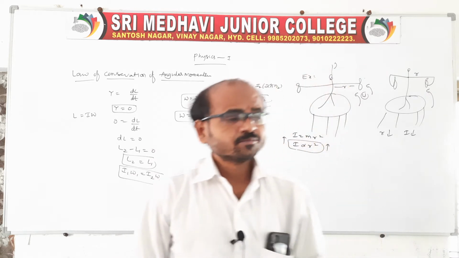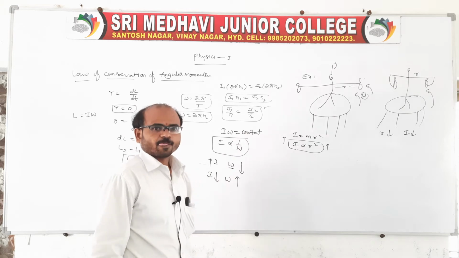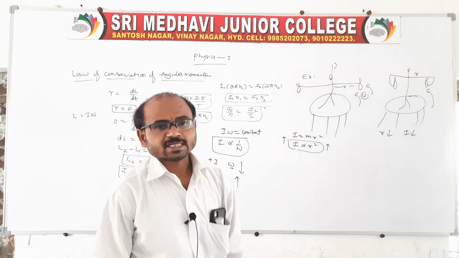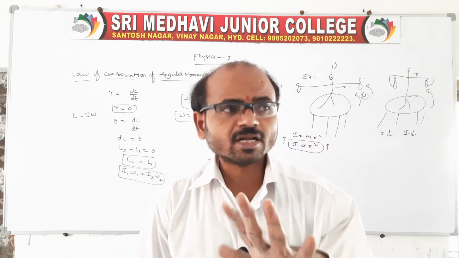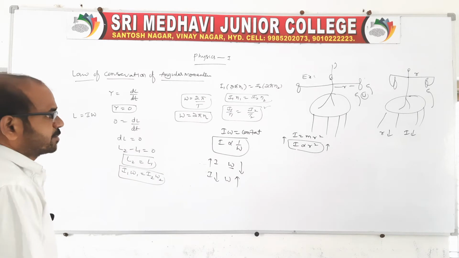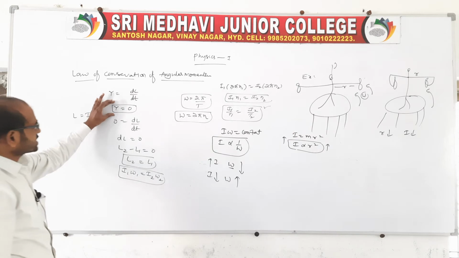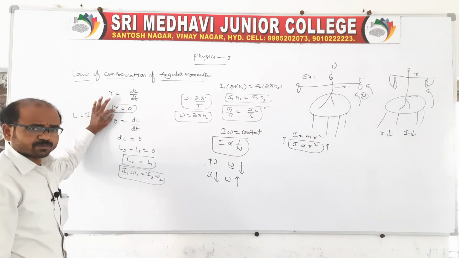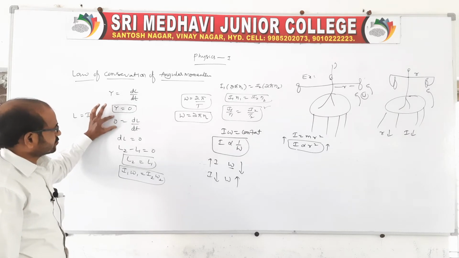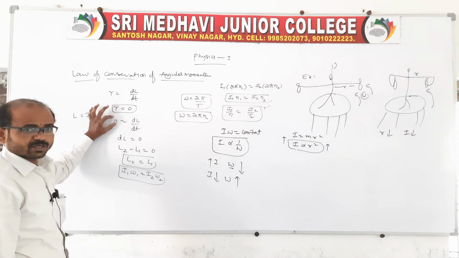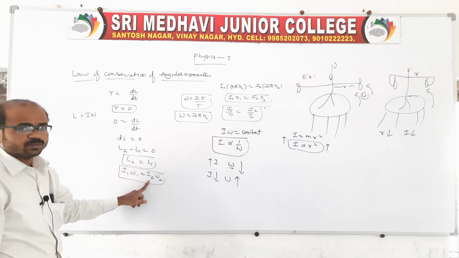Not only this, diving, jumping, dancing, skating, all are related. In all cases, the angular momentum is conserved. Conservation of angular momentum is nothing but when the external torque acting on the system is 0. Therefore, the rate of change of angular momentum is equal to 0. Therefore, dL is equal to 0, L2 minus L1 is equal to 0, then I1 omega 1 is equal to I2 omega 2.